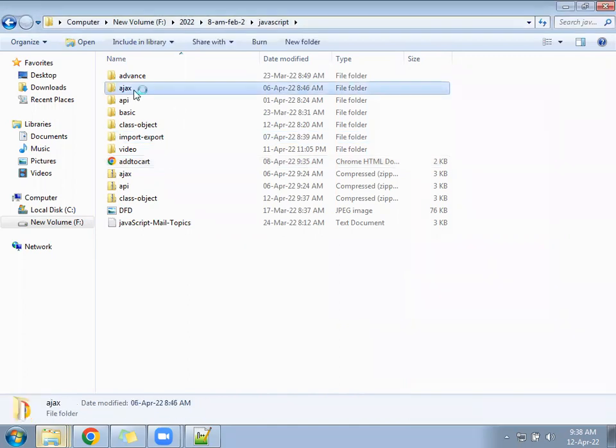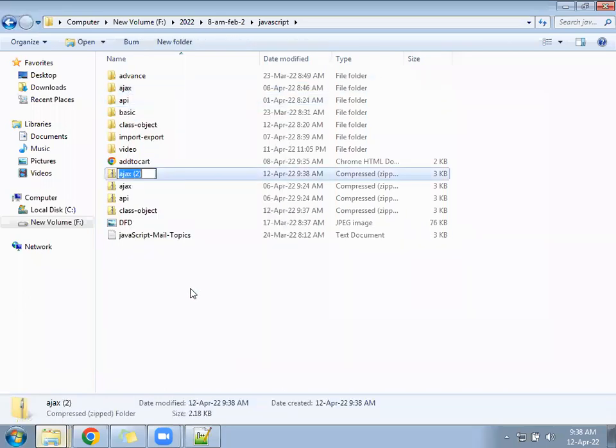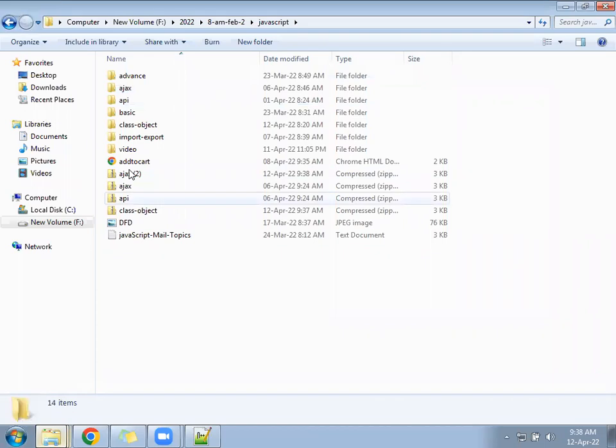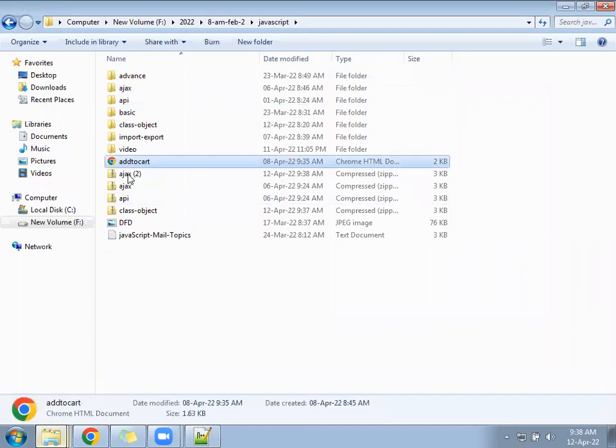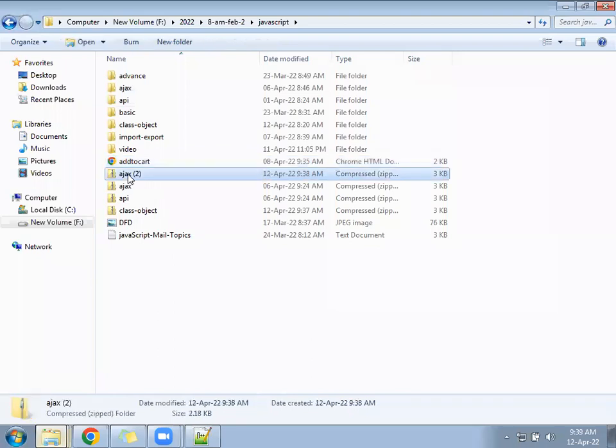Before that, Ajax we have spent time. Yes, we have spent time on 6th. 6th April was the Ajax. So Kalpana, I have shared the file. Hope you are downloading. So class object, add to cart, and this Ajax. This folder was covered in the last week and this week. Add to cart we have implemented on Monday. Monday, I guess. Monday or when? Friday. Before that the folder I said that is called Ajax. And we follow for class object. Okay,